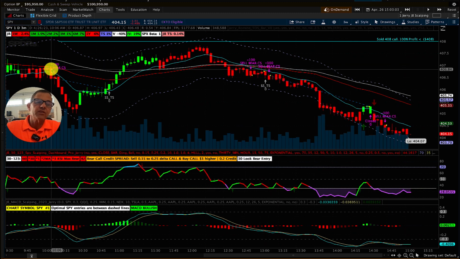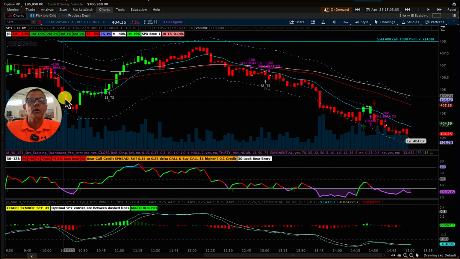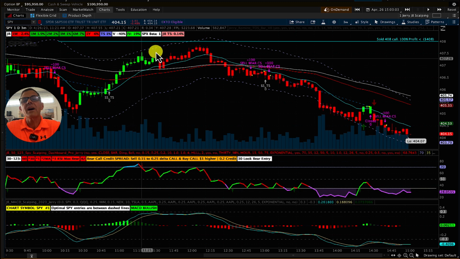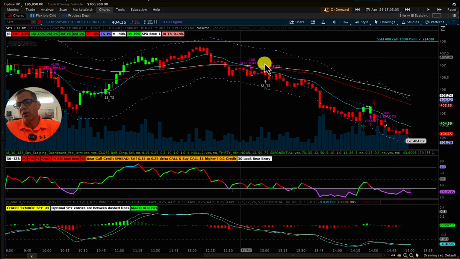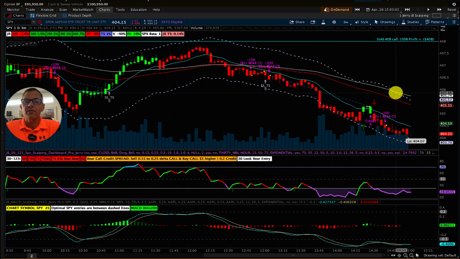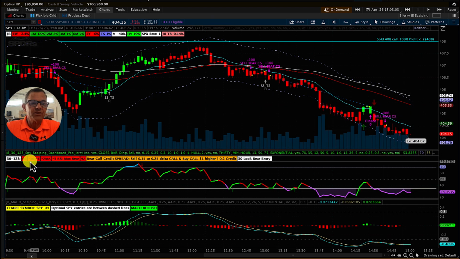Now, if I was trading this and the stock drops very quickly like this, I'll likely take profits. I'd rather have quick 40 or 50% profits than taking the risk, but we can see that the stock went back up, but it never even got close to our $408 call, and then it went back down for a 100% profit. And as the day closes, here we can see we'd be looking for more bear call spreads,